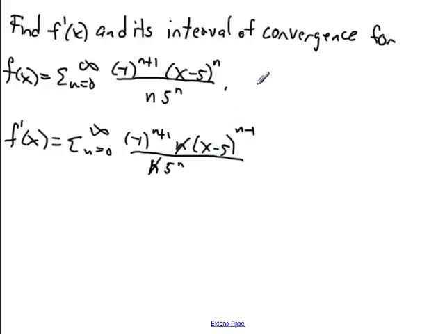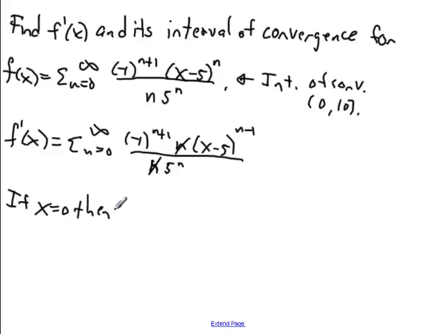Now, in the last exercise, we showed that the function f had interval of convergence (0, 10). So that means f prime of x is going to converge on (0, 10) also, except we might have some change of information, lose or gain, at the endpoints. So therefore, we're going to plug in the endpoints here. If x equals 0,